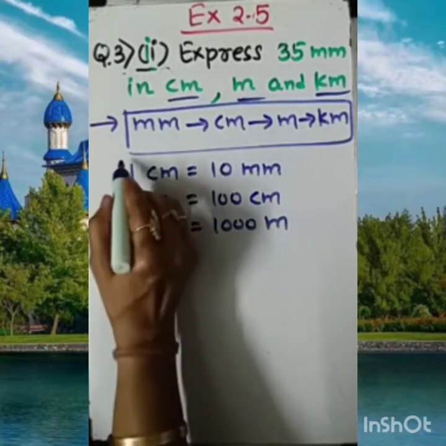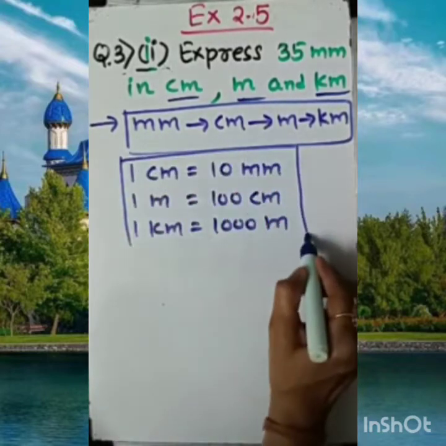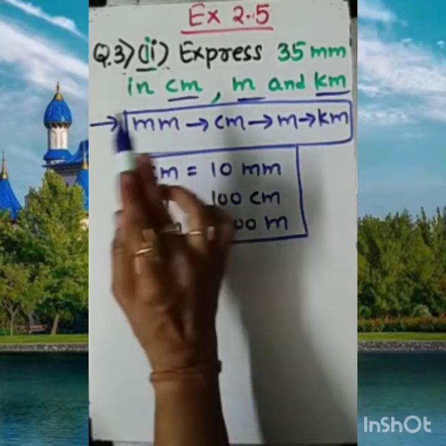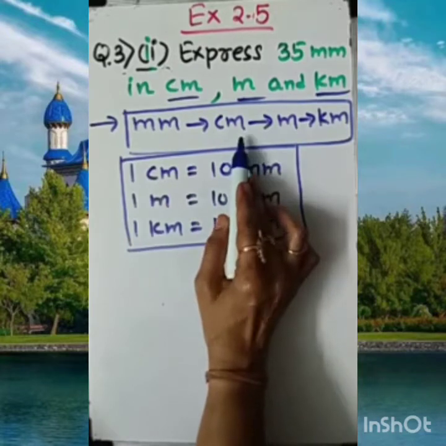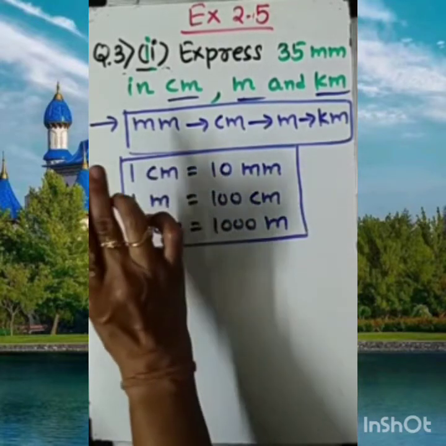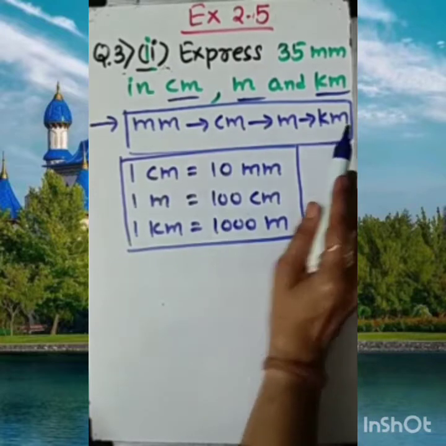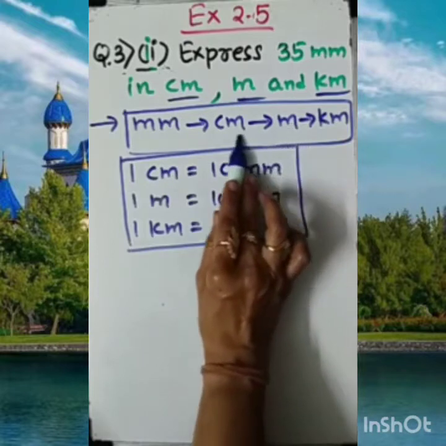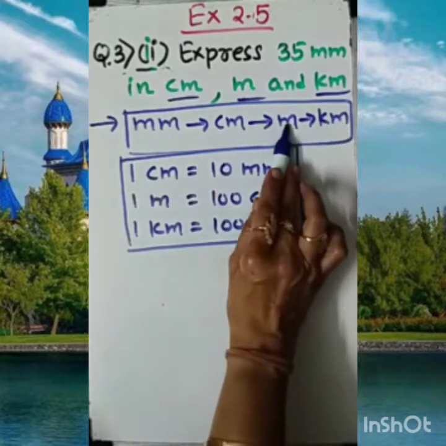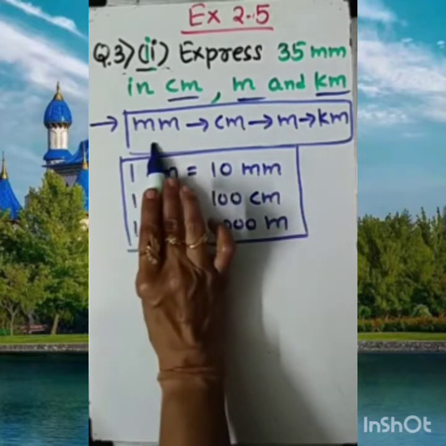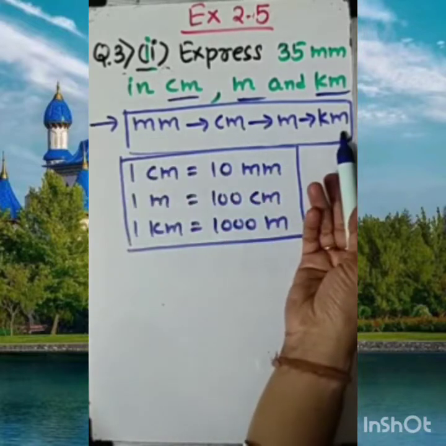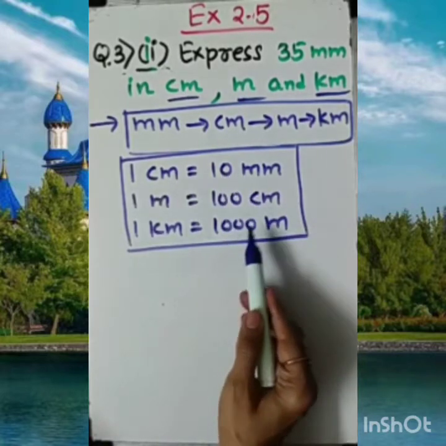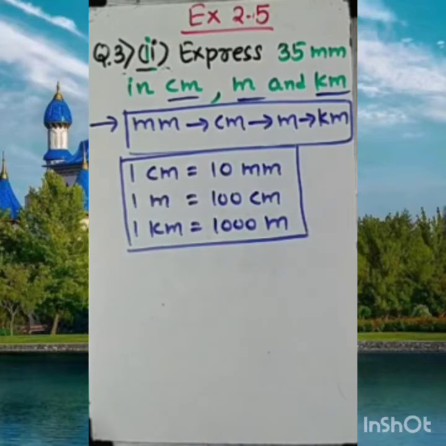These three different units of measurement we have to keep in mind, and whatever unit we are converting from one to another, we are converting from smaller unit to bigger unit, because we know centimeter is bigger than millimeter, meter is bigger than centimeter, kilometer is bigger than meter. So dear student, we are converting from small unit to bigger unit, so every time we have to divide by these given numbers, okay, according to this.